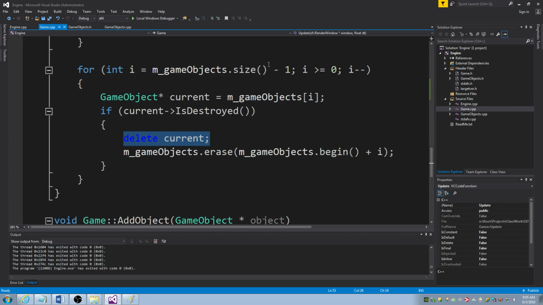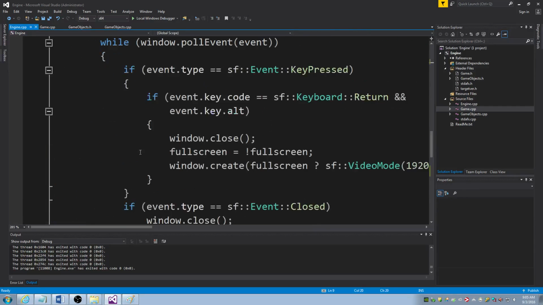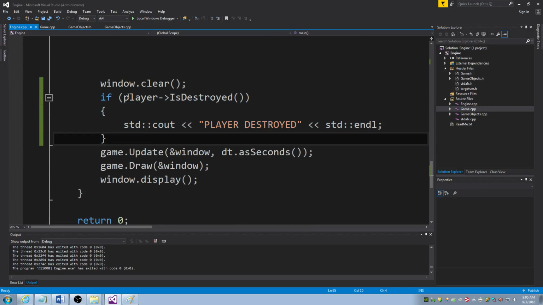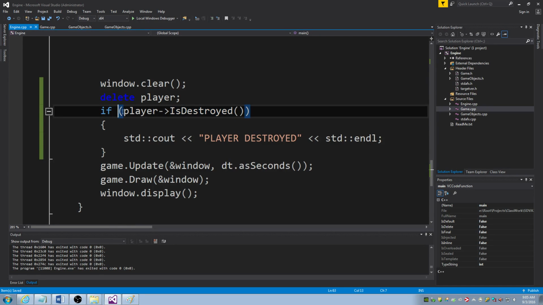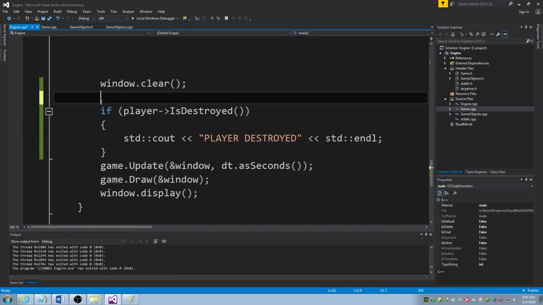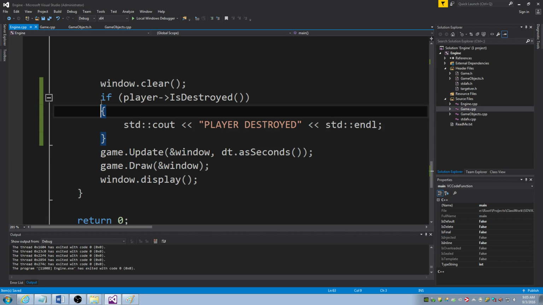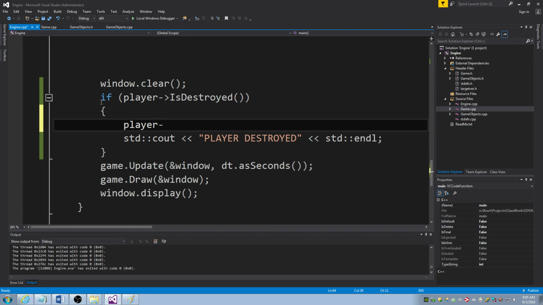And this is actually a problem because if you ended up doing this if statement here on this player, this guy, we deleted him. This is the same as if you did this, like that, and then you immediately said is player destroyed. We deleted the player, and you're checking to see if it's destroyed. Now, it's not blowing up right now. However, it's kind of a ticking time bomb, because if you ever try to do anything more to the player, like let's just say we try to call update on the player,